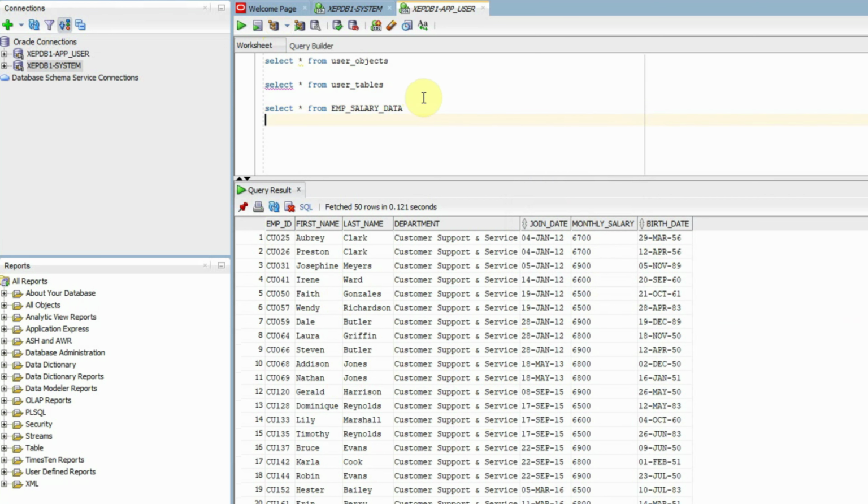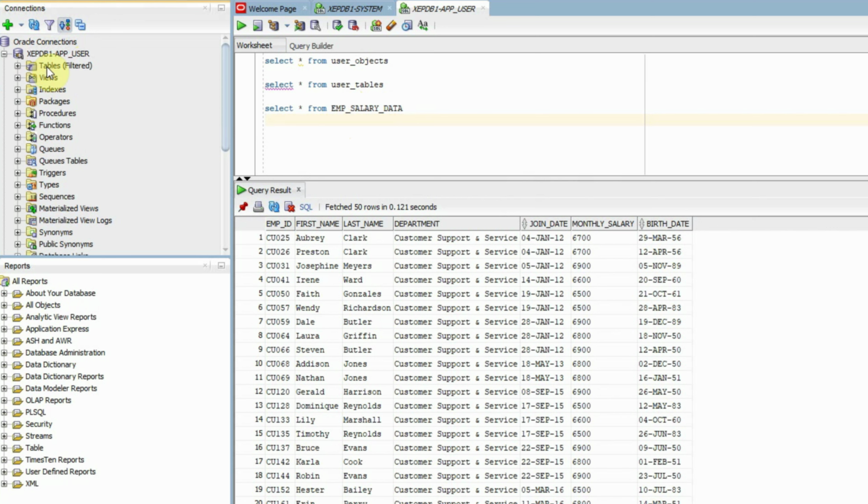Now there are a couple of things we need to do here. First of all, I want to show you the structure of this table. To do that, first let's expand this plus sign against the connection that we used for the app user, and it will give us a tree of all the different objects under that app user schema. First one is the tables. So let's expand it again. It should give us one table, and if you click on that, it should show the structure of the table